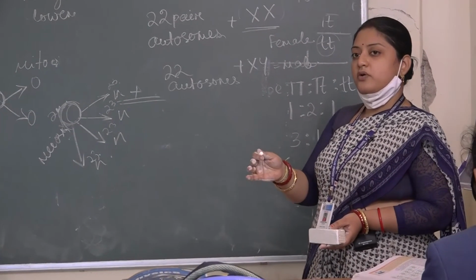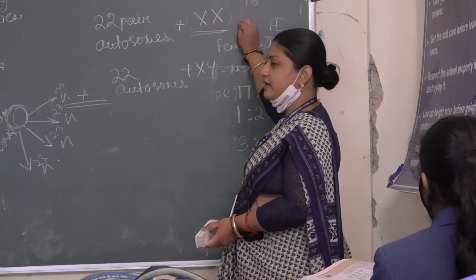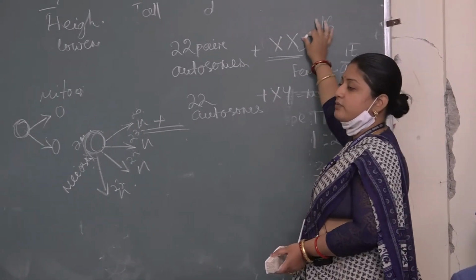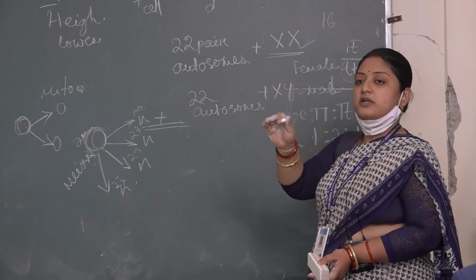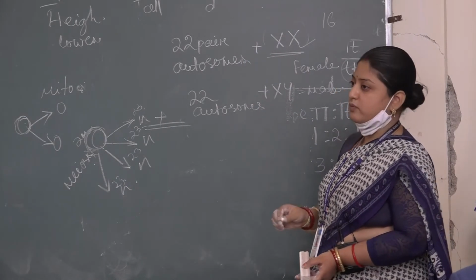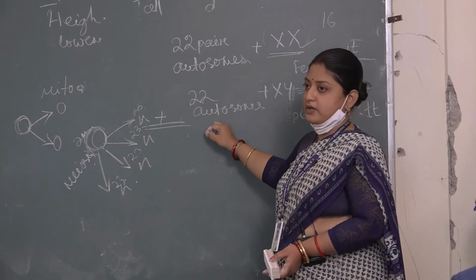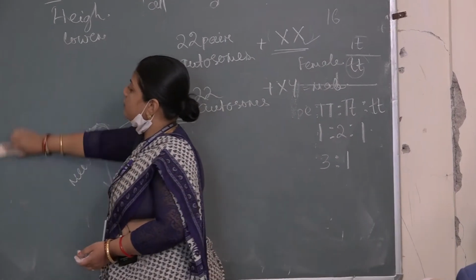One strand is from the male parent, another strand is from the female parent. Like that it contributes a total diploid set of chromosomes, and in meiotic division each of the cells will have half the number of chromosomes. So this is about the difference between haploid and diploid. Okay, understood? Now next we will go for the